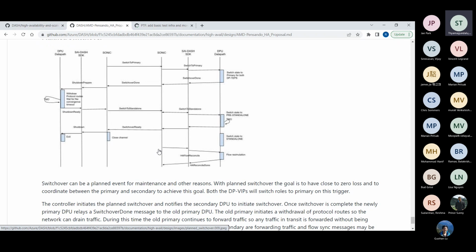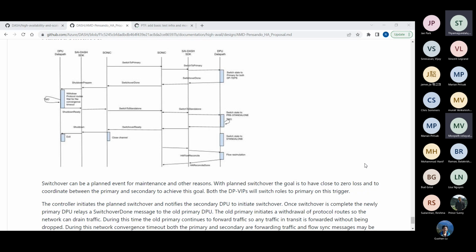At this point, we have already signaled to the network that we can no longer handle traffic. There is a configurable timeout during which we allow the network to react to that advertisement and stop forwarding traffic to the old primary. This is the time when the traffic is drained. Any traffic in flight is drained out. During this timeout, we can receive traffic on the active side too, and the active will continue to forward because we haven't brought down the data plane yet.